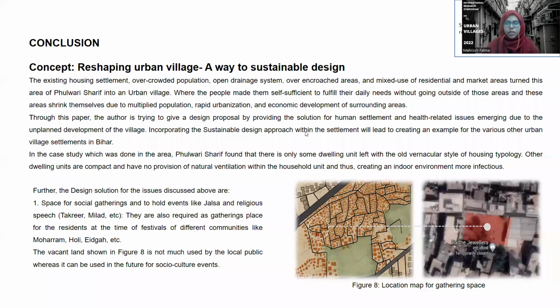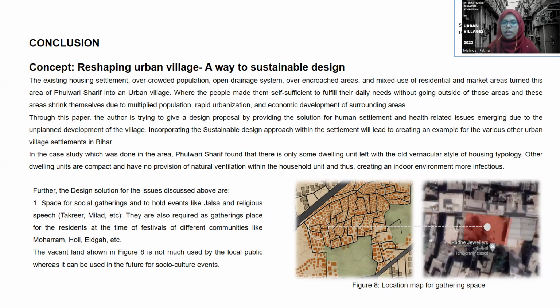Then, in conclusion, the main concept is to reshape an urban village towards sustainable design. The existing housing settlement, overcrowded population, open drainage system, over-encroached areas, and mixed use of residential and market areas turned this area of Fulwari Sharif into an urban village where the people made themselves sufficient to fulfill their daily needs without going out of those areas, and these areas shrink themselves due to multiplied population, rapid urbanization, and economic development